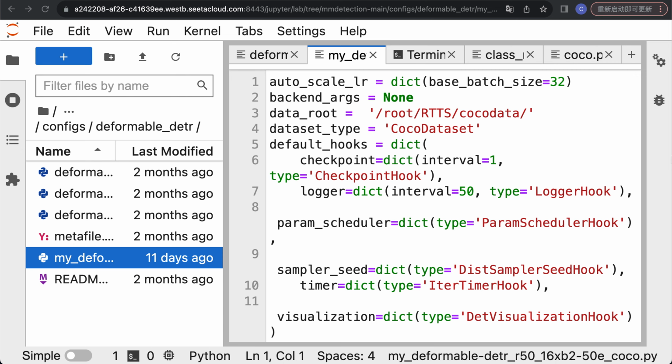In the previous video, I have already downloaded and processed the RTS dataset into COCO format. In this video, I'm going to show you how to modify the config file and start training and testing. And in the end, we can show the result on the test set. So first, we need to